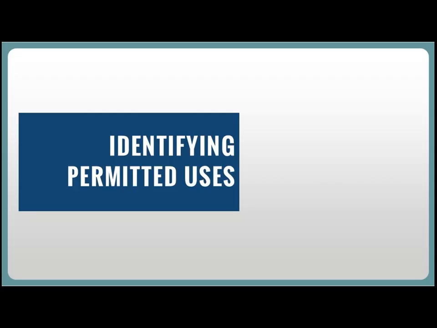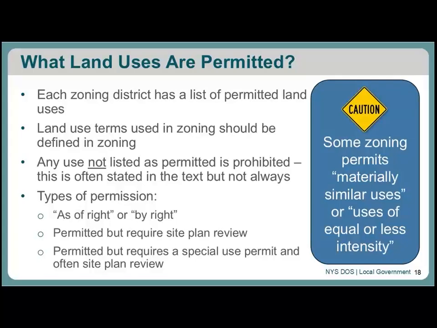Thanks, Paula. All right, so now we're going to dive into how to interpret what is permitted, if you are looking at your zoning. That's essentially this next section. So the first thing we will point out is that your permitted land uses use that same framework of zoning districts. Almost all zoning laws and ordinances use that framework to decide what land uses are going to be permitted in different zones. And so each district likely has a list of permitted land uses.